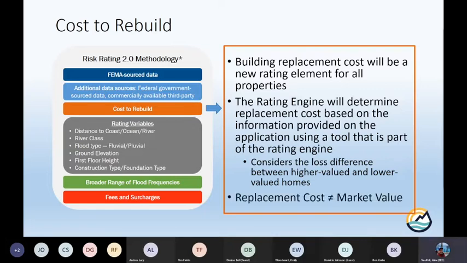I do want to emphasize, though, that replacement cost value is not the same thing as market value. Okay? So when we say replacement cost, we're saying what is the cost in your area to rebuild it in that site from scratch? We all intuitively understand that there are certain areas and certain markets where replacement cost is much higher just because of where it's at. Trying to replace a building in downtown Atlanta versus a rural area out in Iowa is very different.